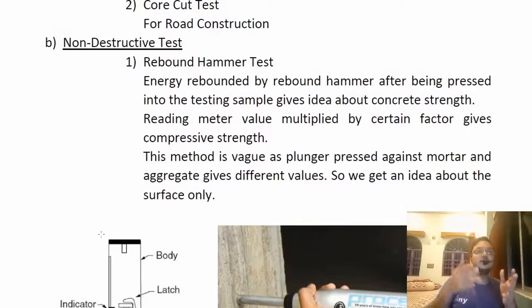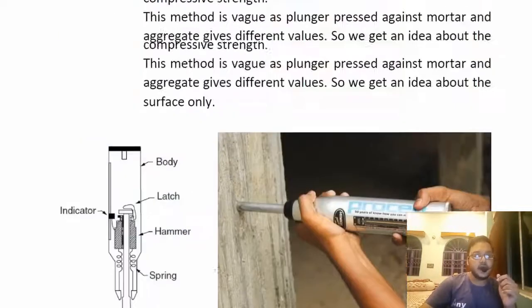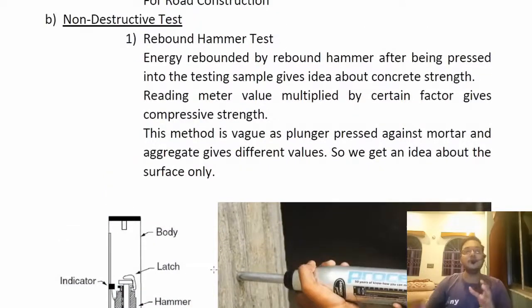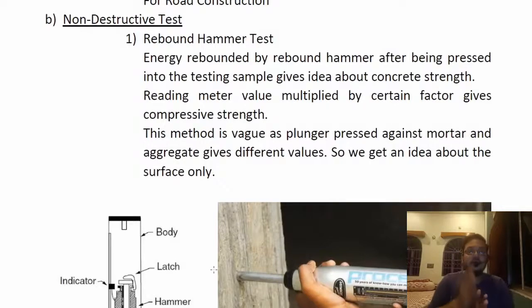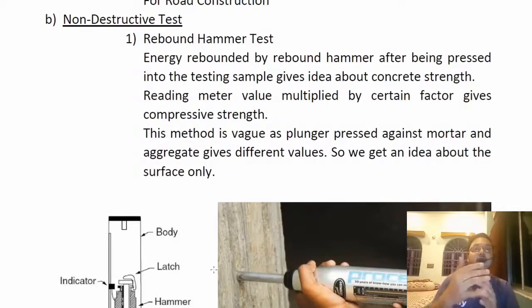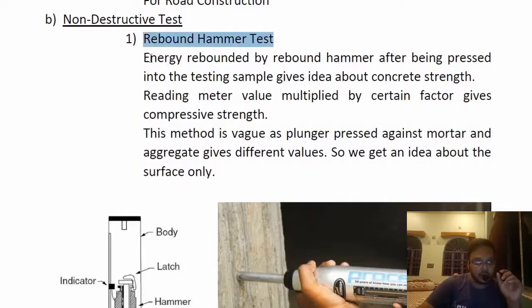So we can just push the plunger over it, and this plunger will be rebounded with some amount of energy. That's a spring, you know about spring energy, the restoring force of a spring, the energy that will be stored inside a spring, and how much energy will be given to rebound that particular plunger, and that rebound will actually take place in the spring. So that amount of energy is thus used to calibrate our observations to know the compressive strength of that particular specimen. So let's read about this particular topic, that is the rebound hammer test.